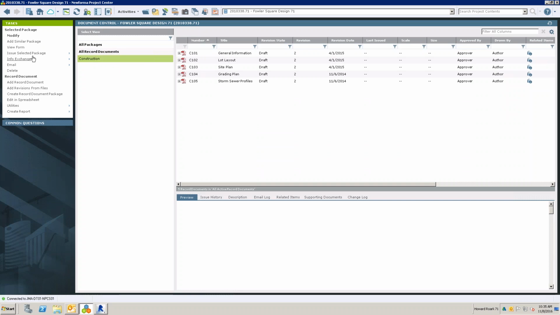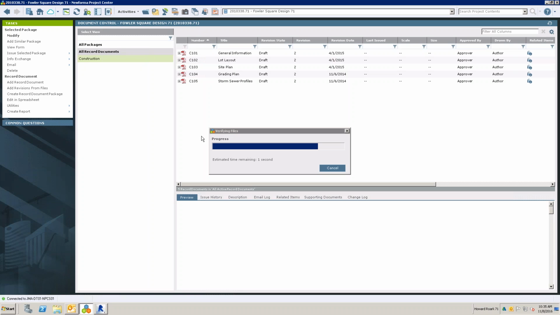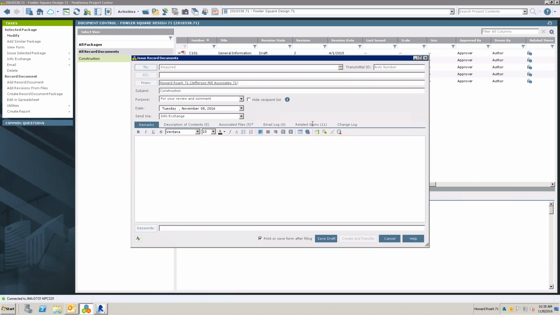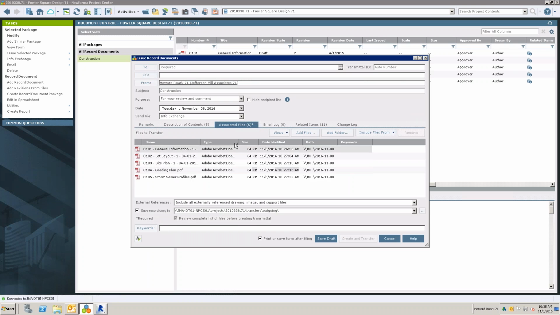And then when I do the issue selected package, I can choose either the latest record document revision or a selected revision. In this case, I'm just going to choose the latest. And when I issue it, it's very similar to Info Exchange. So you would choose who you would send it to, send it via Info Exchange. It automatically associates all of my files because it knows what package I'm pulling, but I could add additional files